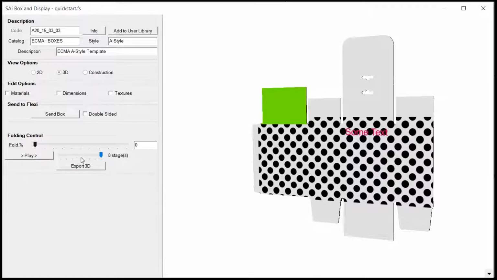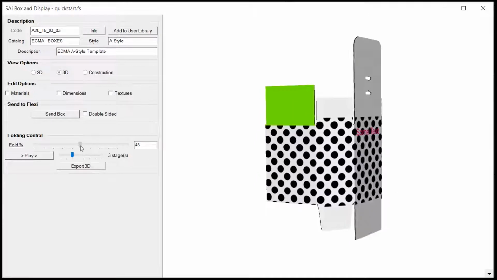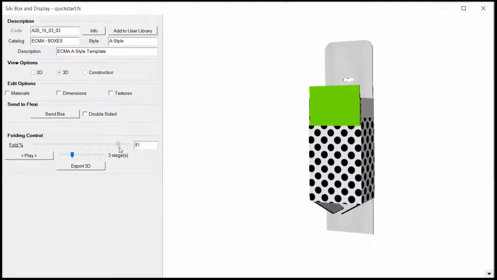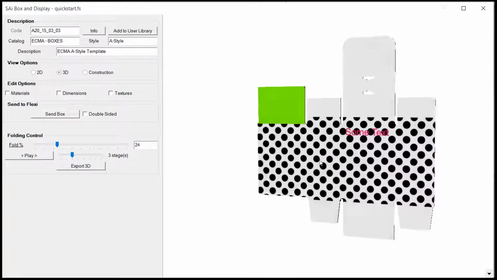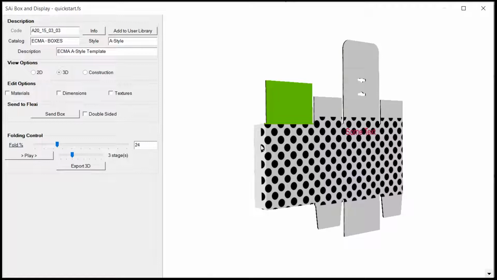The way that this works, and we'll get to the play button in a minute, is that we have these stages. We have 8 different stages, 8 different sequence numbers that we can fold up a box. So let's say that we only have 3 folds that we want to use. If we move our control, you'll see that it's only going to fold up 3 of our sequence numbers, and it's going to use the percentage divided by the stages. So at 33 1/3, the glue flap, which is the number 1